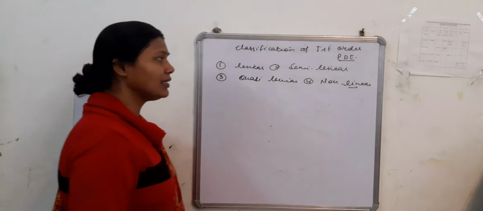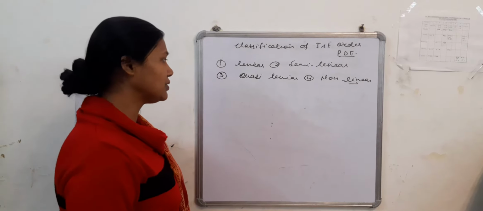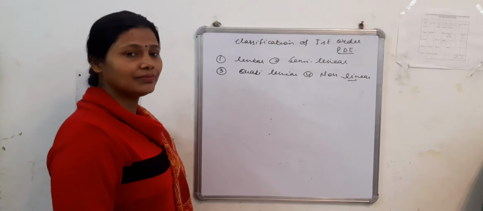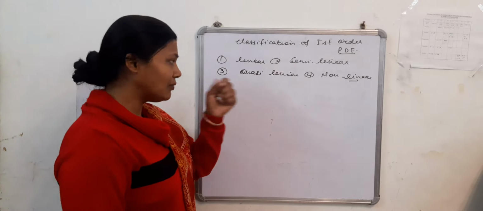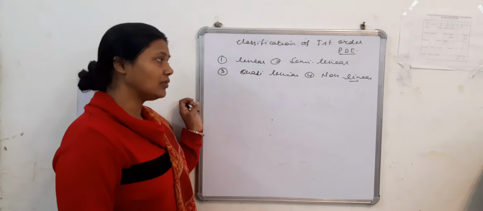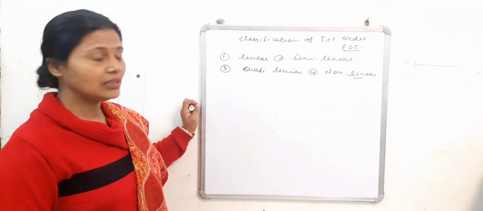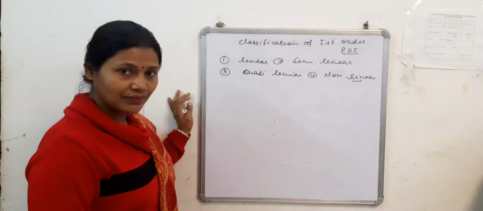You must be aware, when we are studying partial differential equations, that we must know the definitions and what kinds of partial differential equations there are: what is linear, what is semi-linear, what is quasi-linear and what is non-linear. Why is it important? When we are going to solve examples on this basis, we must know the type of the partial differential equation.